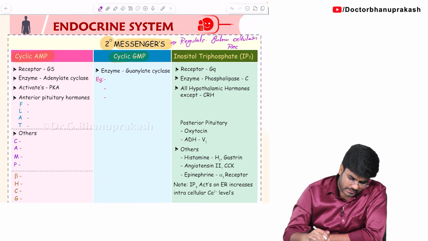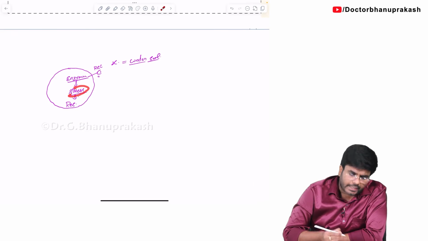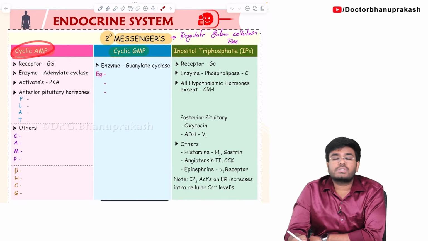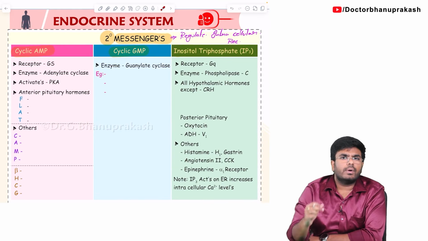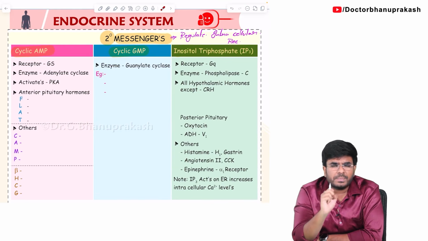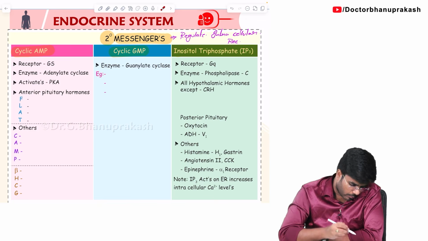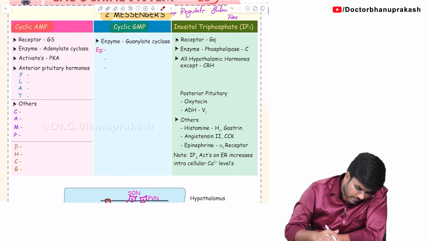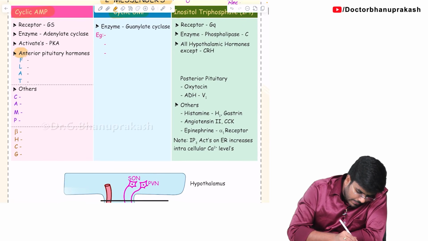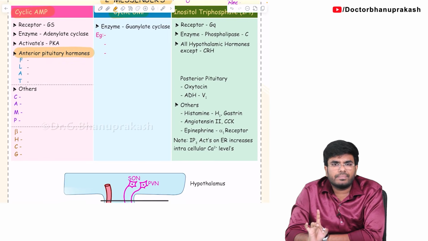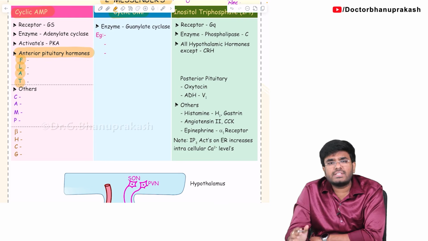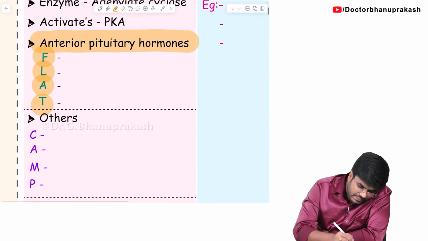Done. Now I am starting with cyclic AMP. Sir, which hormones produce cyclic AMP? Which water soluble hormones, or to be specific, which peptide hormones produce cyclic AMP? I am going to give a list, sir. A long list is going to come. The mnemonic that I am going to use here is, see, some hormones coming from the anterior pituitary. Which anterior pituitary hormones? FLAT, flat hormones. FLAT stands for FSH,